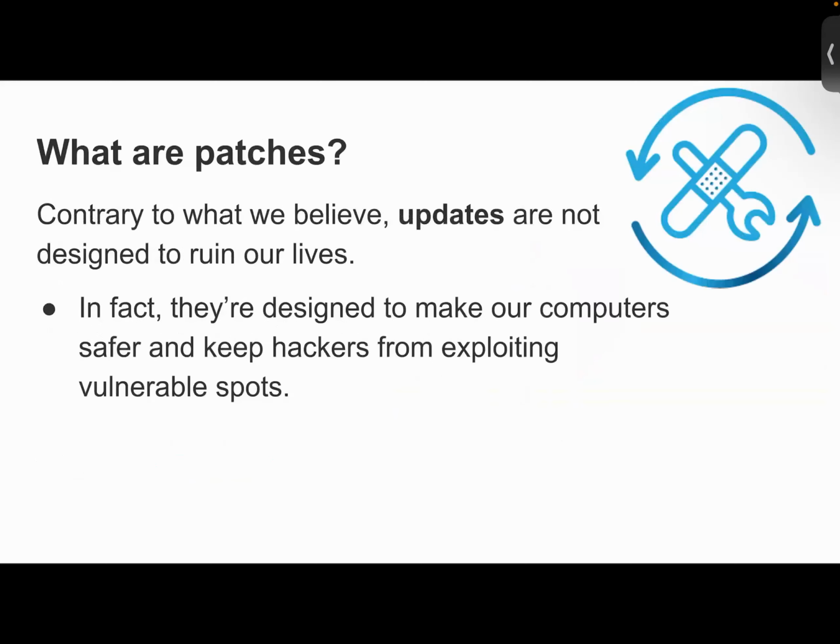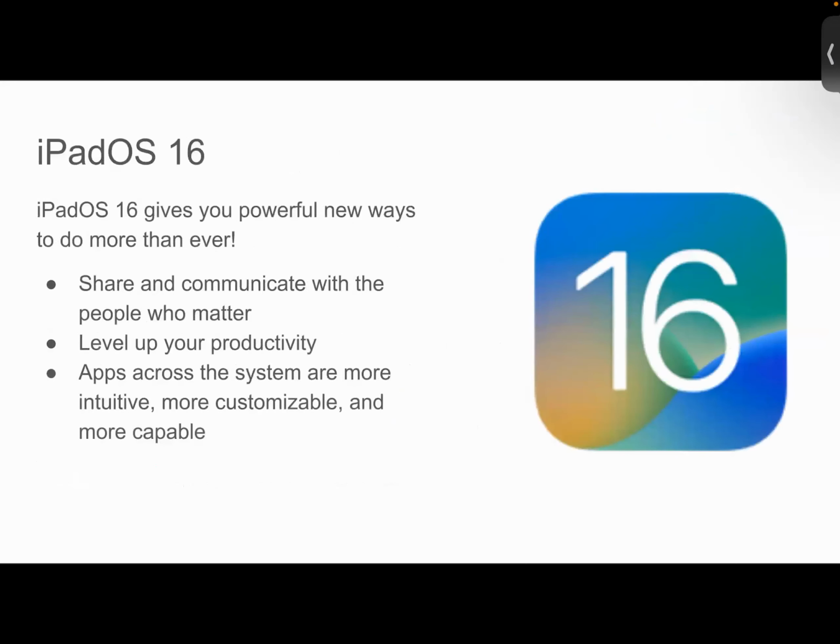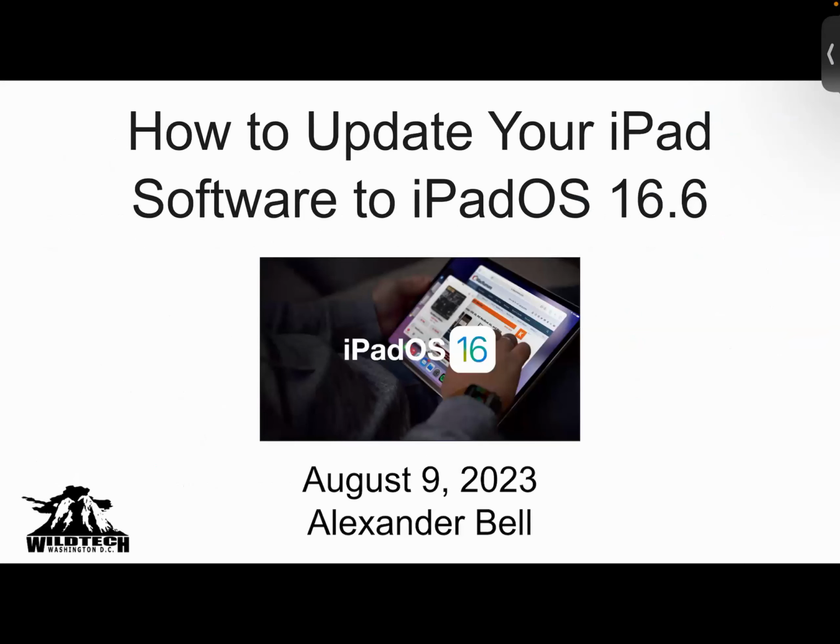So if I go back to, again, this slide, right now we are on 16.6, right? So 16, that number right there, right after OS, that's the upgrade. So again, this coming fall, iPadOS 17 will come out. The next year, 18 will come out, etc. So that's what it is when you see that number. The .6, so there was .1, .2, .3, and the last time we did this session was .4, right? But now we're on .6. Those are called updates. So upgrade versus update.